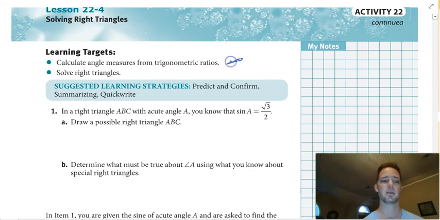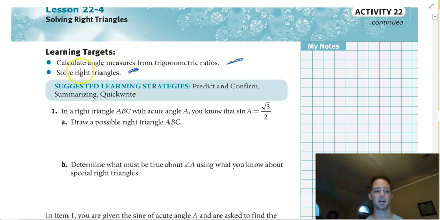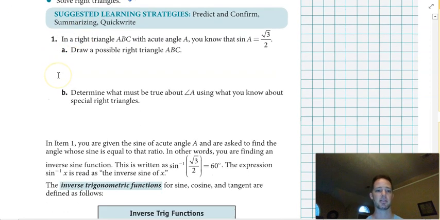So in addition to being able to calculate angle measures using trigonometric ratios, we're just going to make sure we know how much information we need to be able to solve for every side and every angle on a triangle. All right, so on question 1, it says in a right triangle ABC with an acute